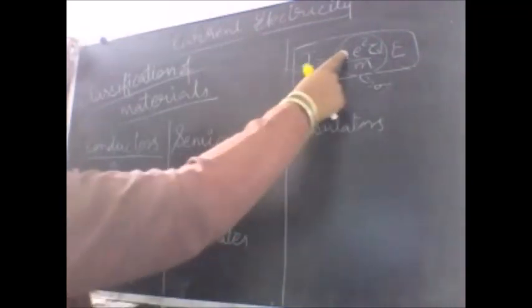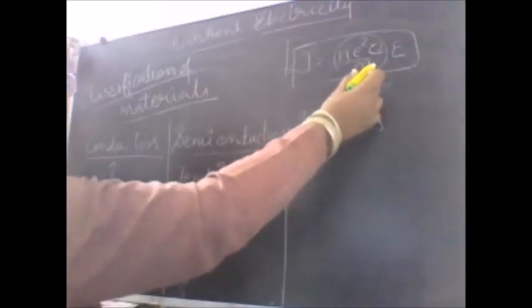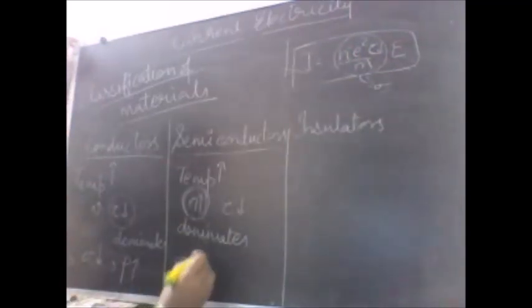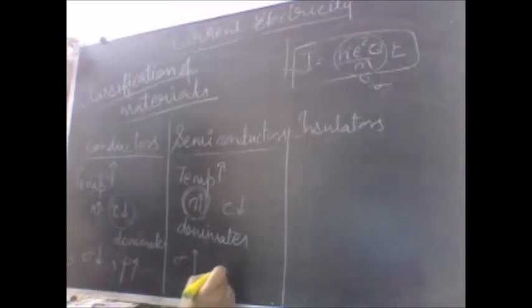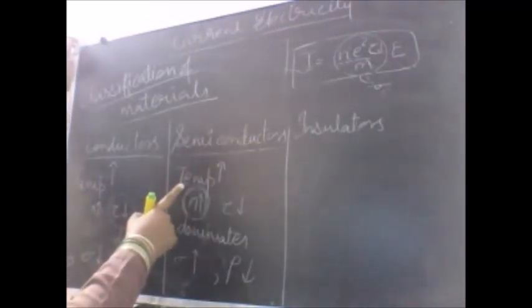Let us go back to this formula. N is rising, it dominates, therefore the entire factor will rise, conductivity too will rise. So here conductivity increases, and since the reciprocal term is resistivity, it should fall down. So in the semiconductor, on rising the temperature,